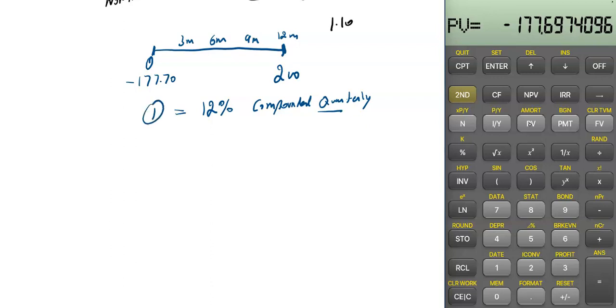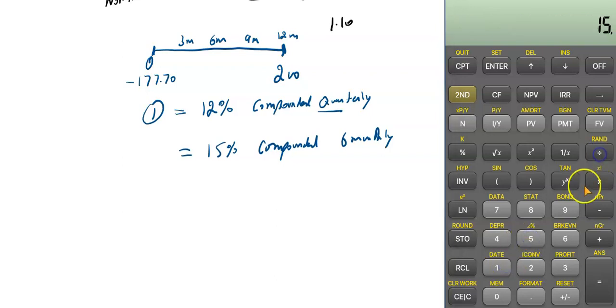And if the same question has an annual rate of 15% compounded 6 monthly, how to do that? So 15% divided by 2, 7.5 is the IY. There will be two 6-month periods in a year, so N will be 2. Compute the PV, that will be